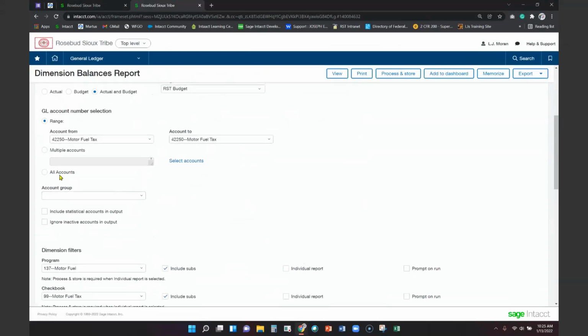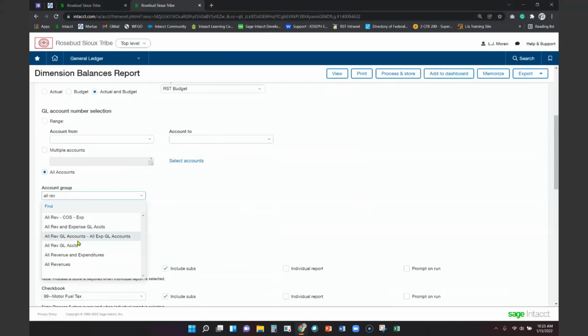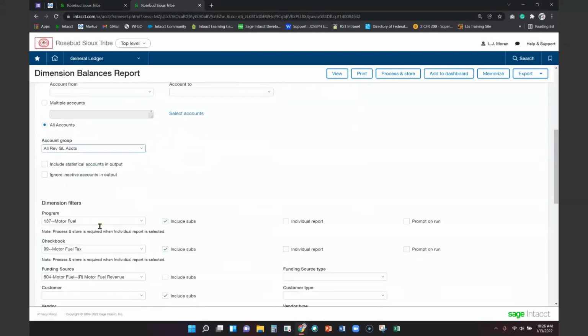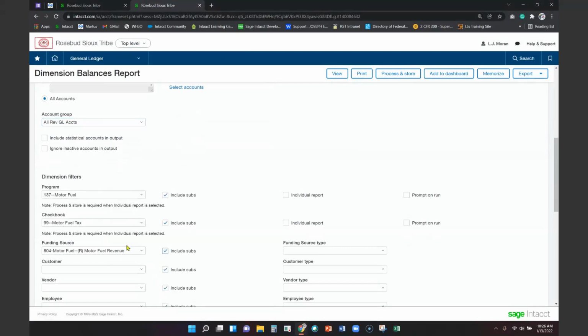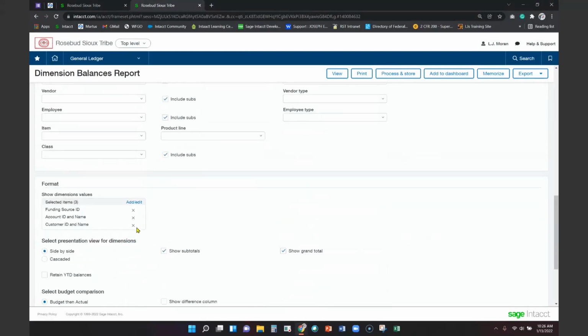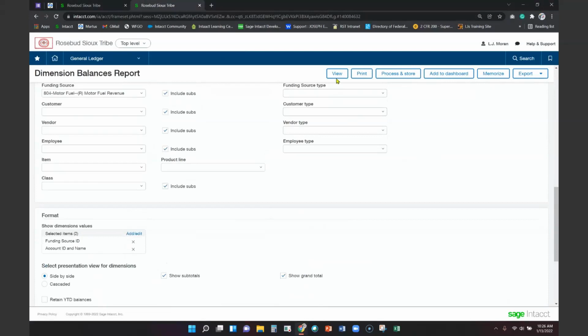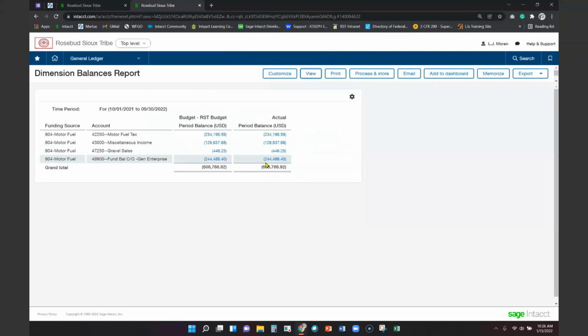And just to show you what that means, if we wanted to show all the revenue accounts, so I've got all accounts and I'm using a group called all revenue general ledger accounts. I'm going to include the subs on this one, and let's get rid of the customer ID. Now we have all of the revenue. Apparently on the other funding sources, no revenue posted for the fiscal year. So now we have a snapshot of just our revenue,